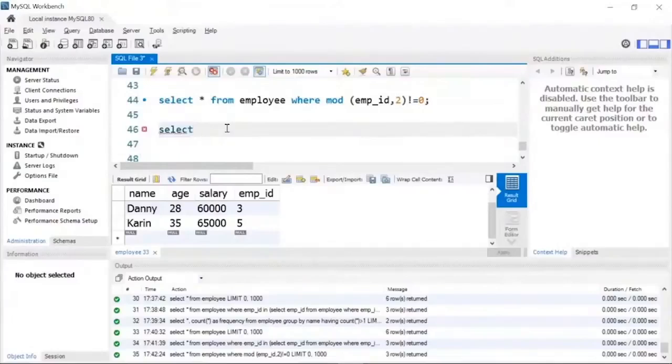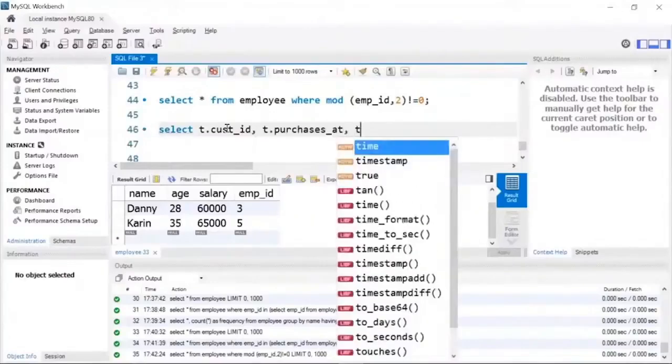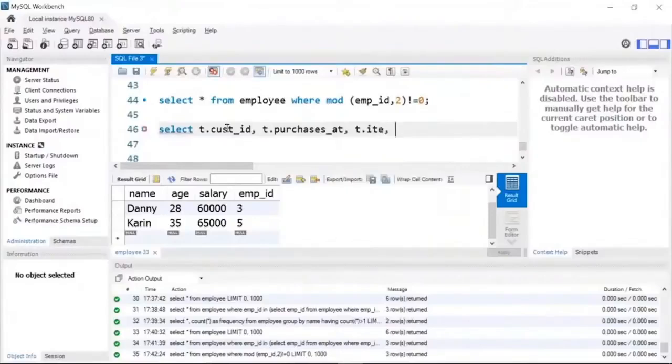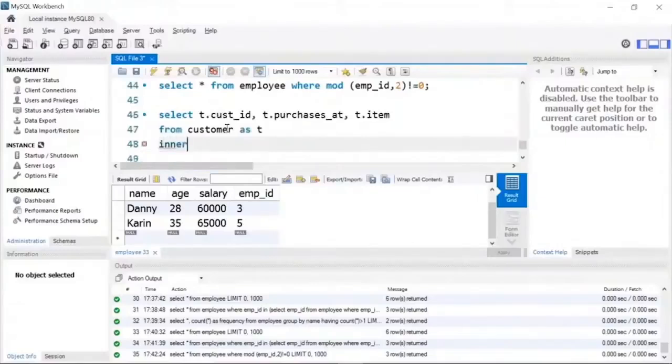So I'll start with select. I'm going to take an alias name as t dot cust underscore id comma t dot purchased at comma, the next field I'm going to select is t dot item from customers as T. Next, I'm going to write my inner join, and inside the inner join I'll write my subquery, which